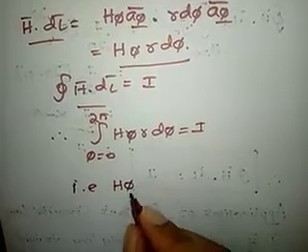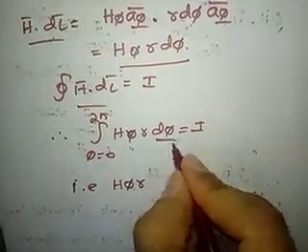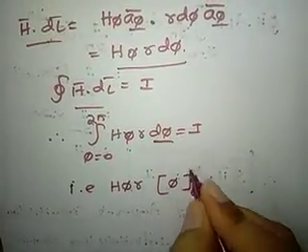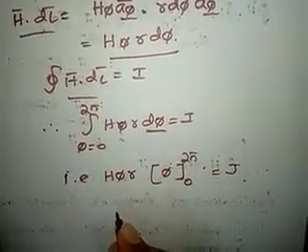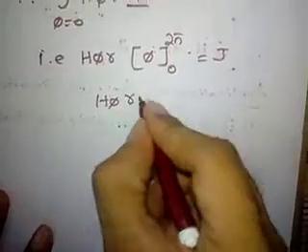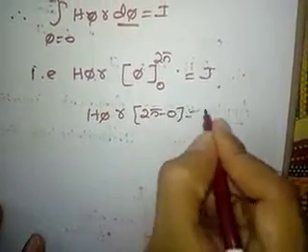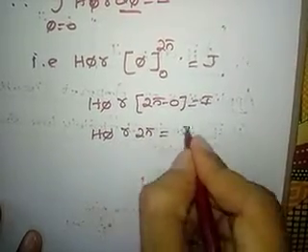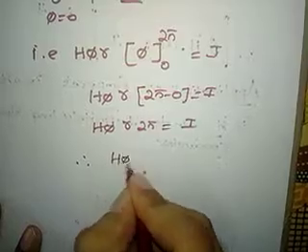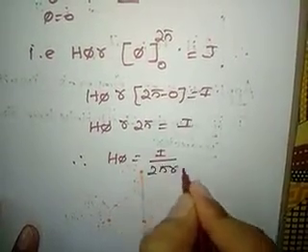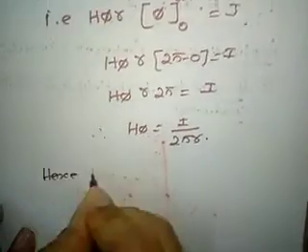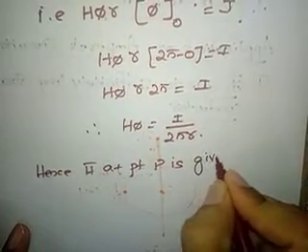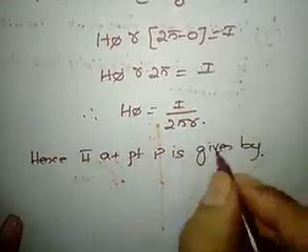H-phi R is constant, so take it outside. The integral of d-phi is phi over the limits 0 to 2 pi, that is equal to I. That is H-phi R times (2 pi minus 0) is equal to I, or H-phi R 2 pi is equal to I. Therefore H-phi is equal to I divided by 2 pi R. Hence,